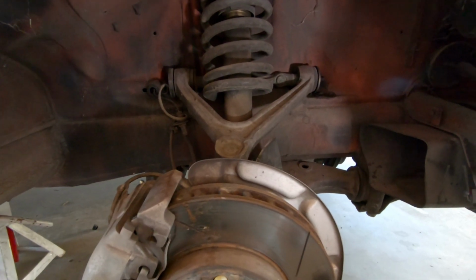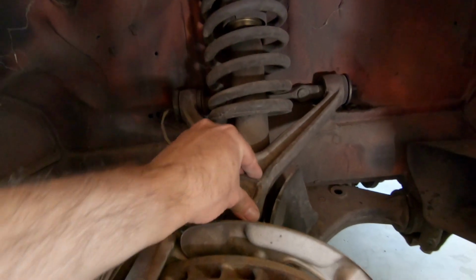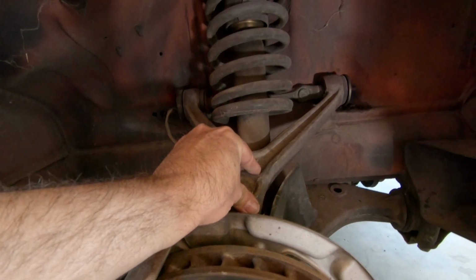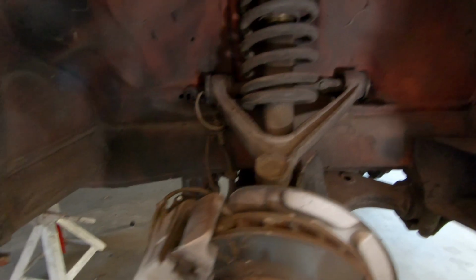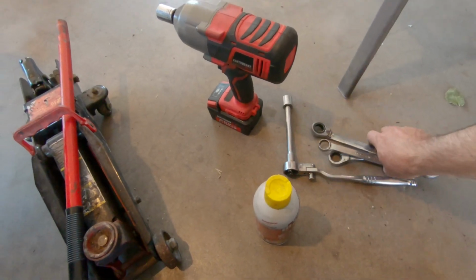So I think I'm going to do the same thing on this side, but I don't know that I actually need to undo this ball joint to do it. It was just easier. So now I'm going to go ahead and fight with this thing to get it off. Now, tools wise, 9mm and 17mm, except for